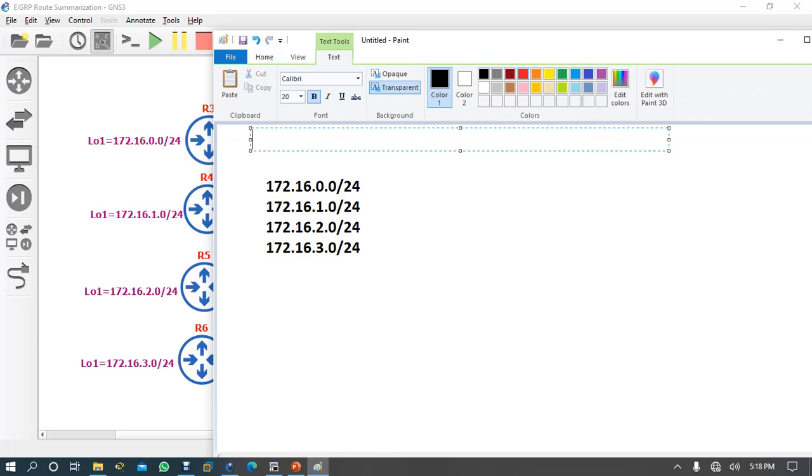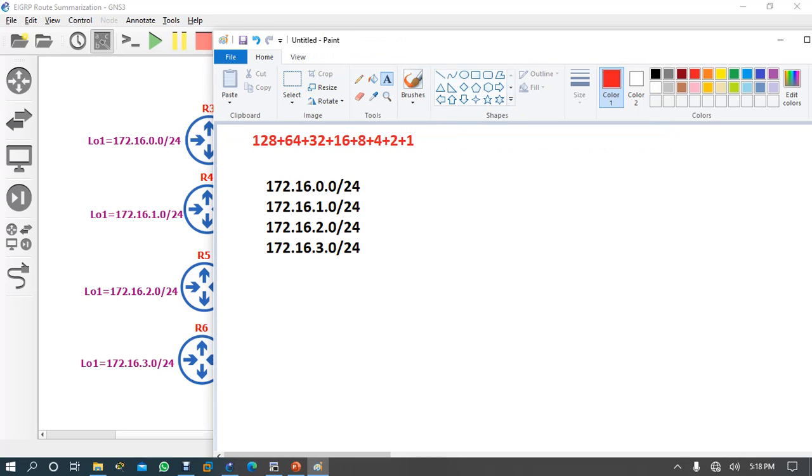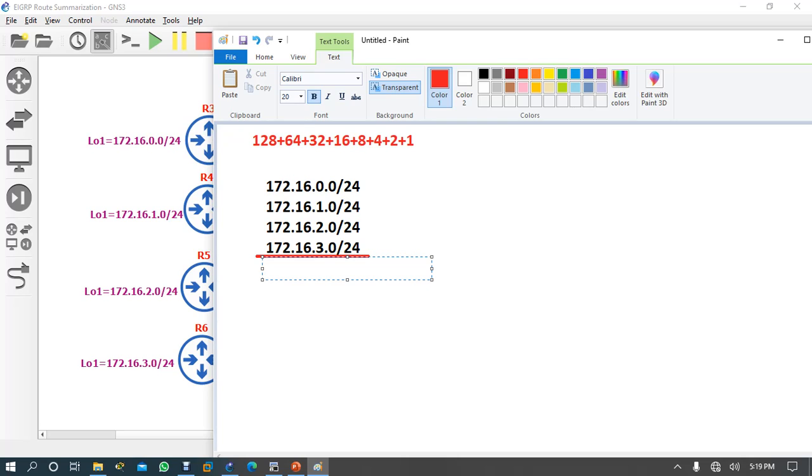Which table? The table we use for subnetting: 128, 64, 32, 16, 8, 4, 2, 1. This table. Okay, so now what is the process? The process is, first of all, you find that in the IP address you have 4 octets, 172.16.0.0.